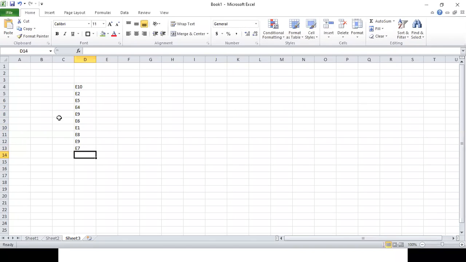Suppose this is the table we have, and this is the employee ID. Remember, this is your table, and I have created a clustered index on the employee ID. Will it impact my table, yes or no?